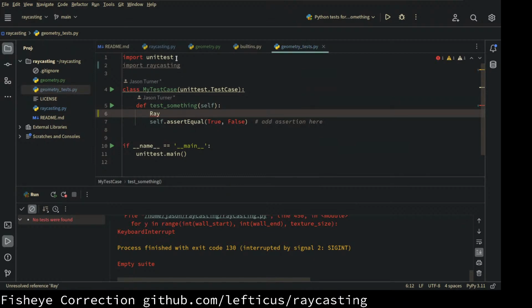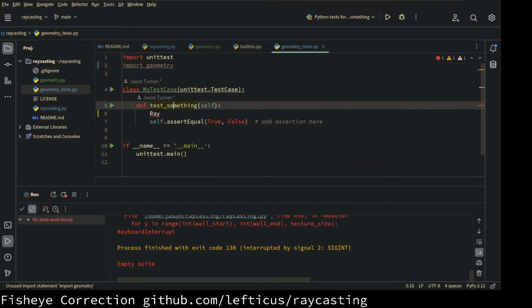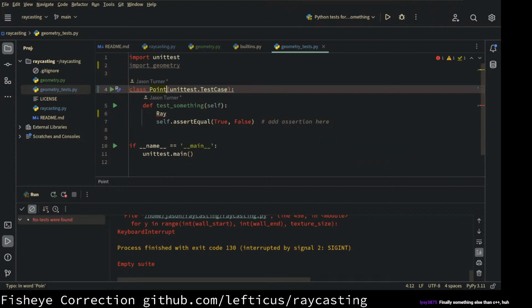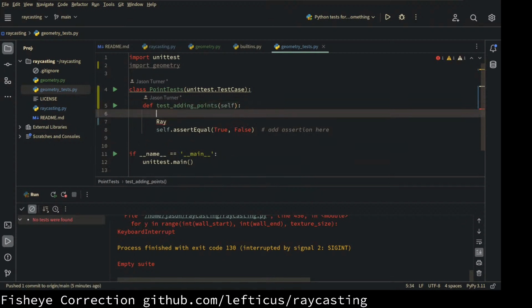All right. So I can have multiple test cases, right? So I'm going to do something like, do I want to actually name it test adding points, or do I just want to